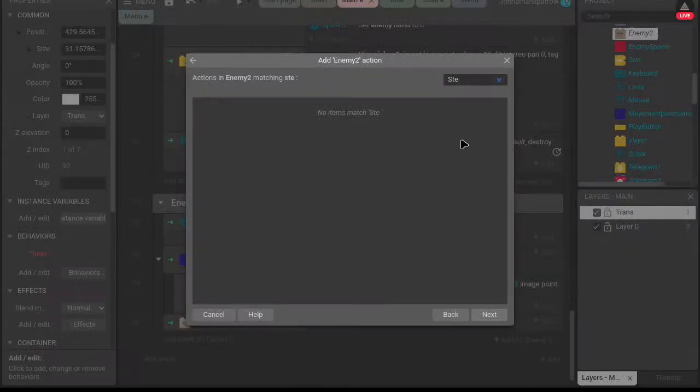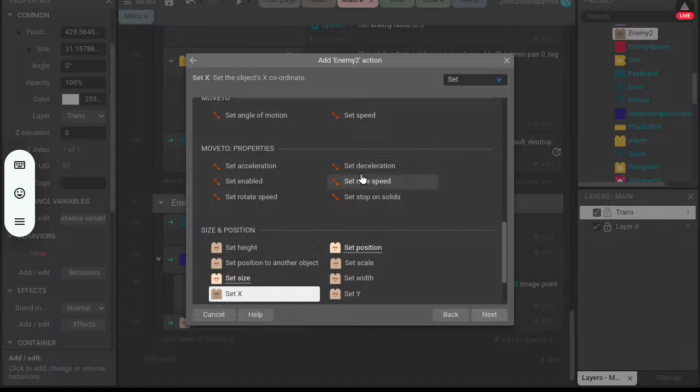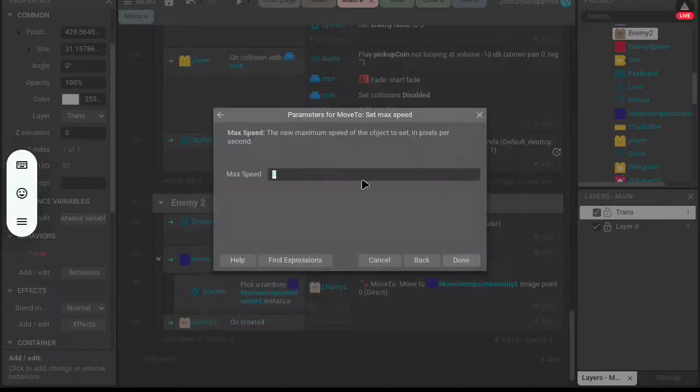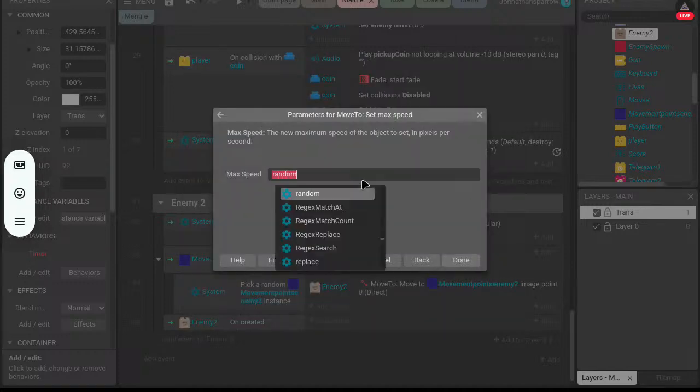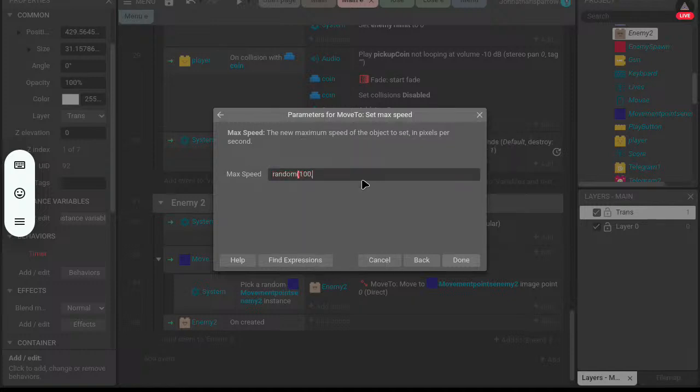Sorry about that. On created set max speed to random 100 to 150.